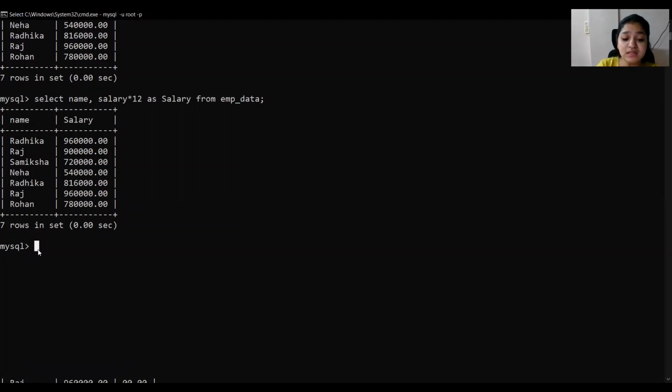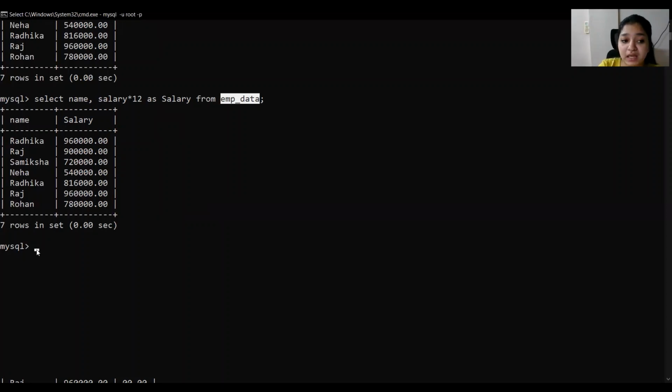So the from clause lists the relations involved in the query, as we can see. When we have seen the select clause, we have indirectly seen the from clause as well. The from clause is used to specify the table from which we want the attributes. So when I write select star from employee data, I am saying that employee data is the name of the table from which we have to select the specific attributes that I specify.